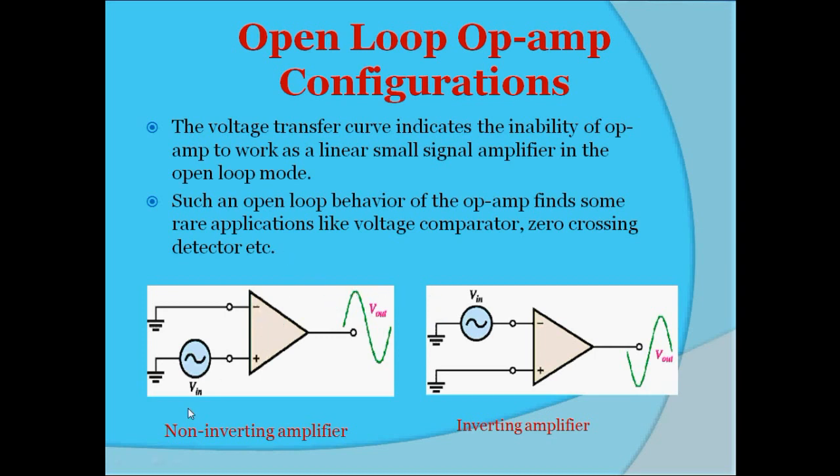In this first figure, this is the non-inverting amplifier to which we are providing an input signal, and because the open loop gain is infinite, we get an output voltage which is an amplified version of the input signal. In the same way, for inverting, there is inversion of the input signal at the output, or in other words, there is a 180-degree phase shift between input and output when the input is given to the inverting input terminal. So this is the amplified version, inverted by 180 degrees, of the input signal.